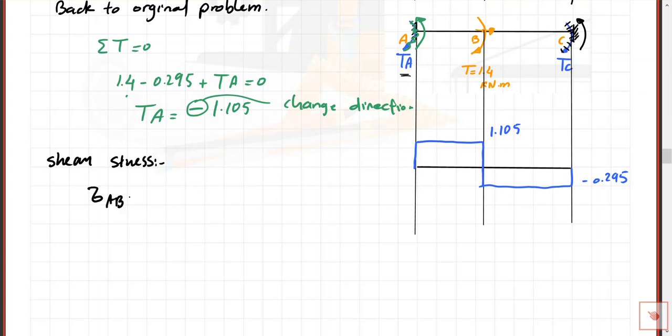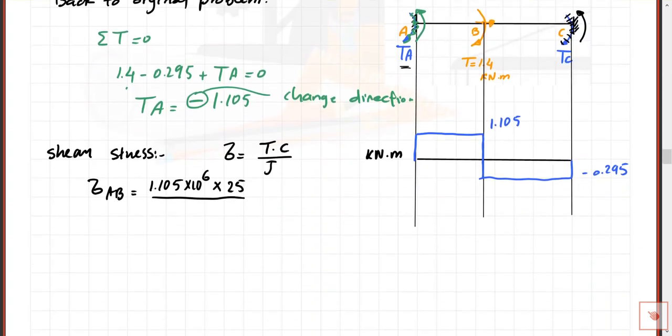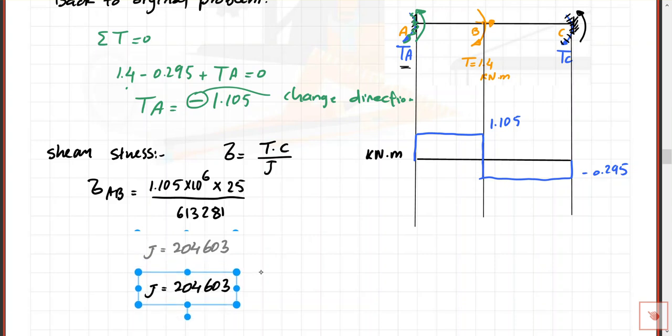عندي التاو AB ويساوي القانون تبع التاو هو عبارة عن T times C على G. T للأول اللي هو 1.105 times 10 to the power of 6 لأنه بنحولها من كيلو نيوتن متر إلى نيوتن مليمتر. ضرب C هون بهذا البارت 25 تقسيم الجي اللي عندي إياها 613281. تطلع معنا 1.105 times 10 to the power of 6 multiply 25 تقسيم 613281. الجواب 45.04